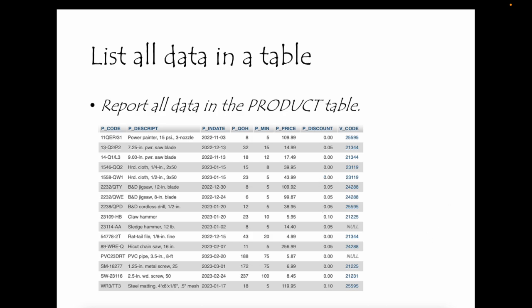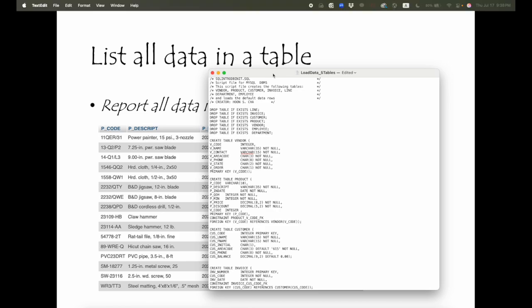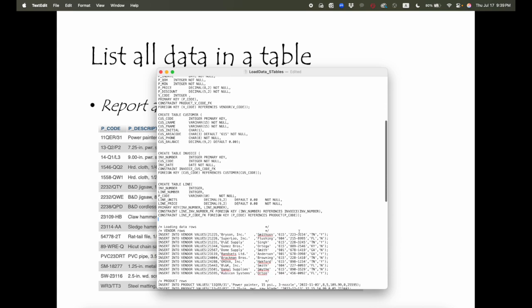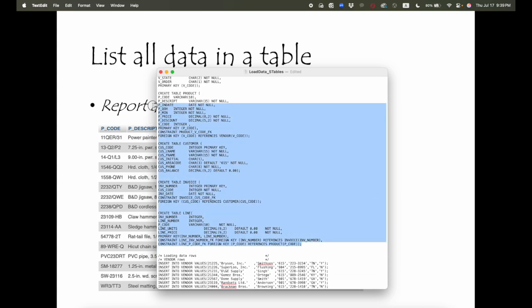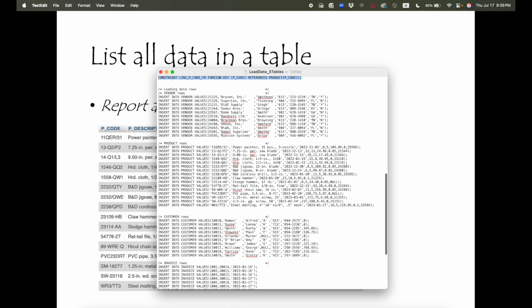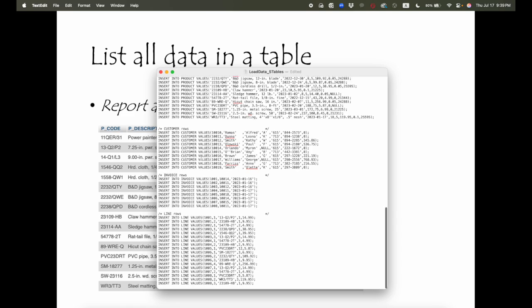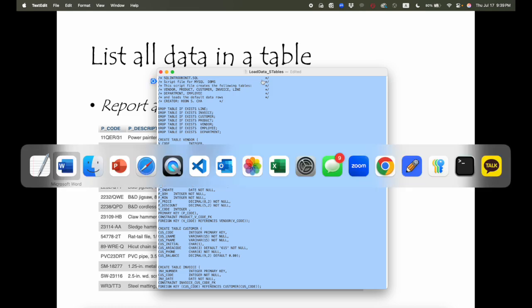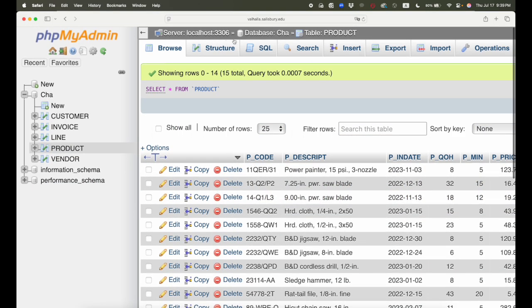So later on the course website, I will upload this text file, the load data 5 tables text file, and in this text file, not only are create table statements given here. Actually, I'm going to insert all the test data for all 5 tables. So if you rerun these statements whenever needed, you can clean up all the data and tables at the same time. So I will just copy everything, this load data 5 tables, and I will go to database and under